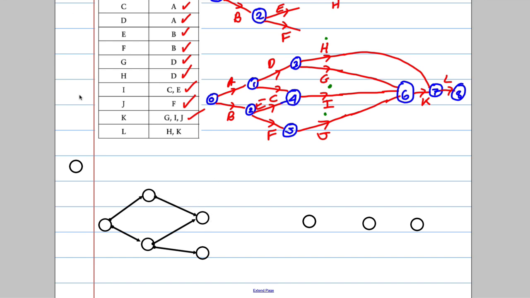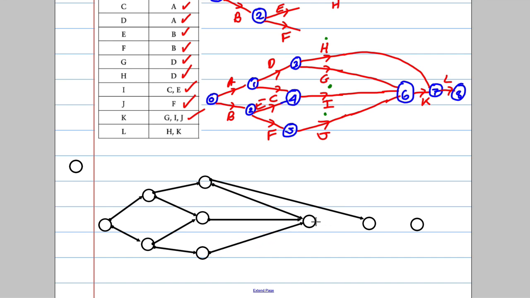I'm missing one here. That coming down here, that coming down to there, this coming across here, this coming up to here, this coming across here, and this coming up here. So that's a much neater answer. So this is going to be, I had them as before, 0, 1, 2, 3, 4, 5, 6, 7, 8,